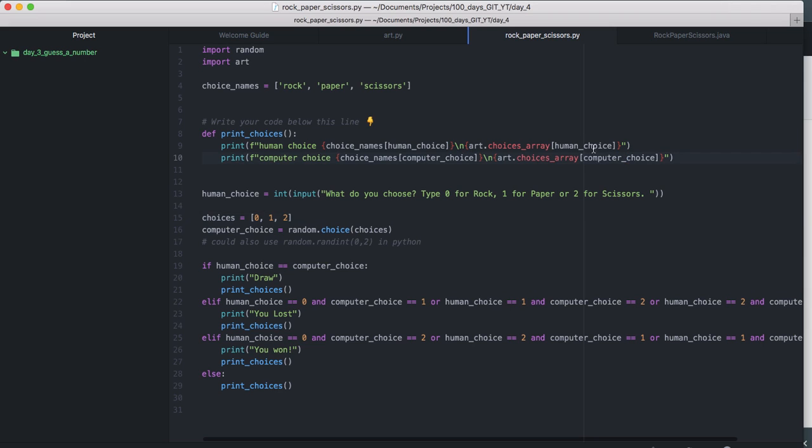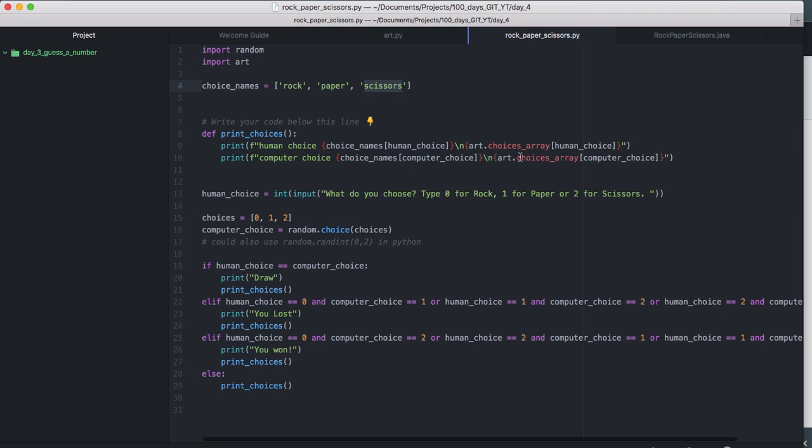These are just the numbers again. We say if the human choice was 0, which means the human picked rock, right? So we're going to say, okay, here's your choice. The name of your choice is this one. Human choice, rock. And then the art of the rock comes out. It's been imported from here. Computer choice, maybe the computer picked scissors, and scissors is printed out.